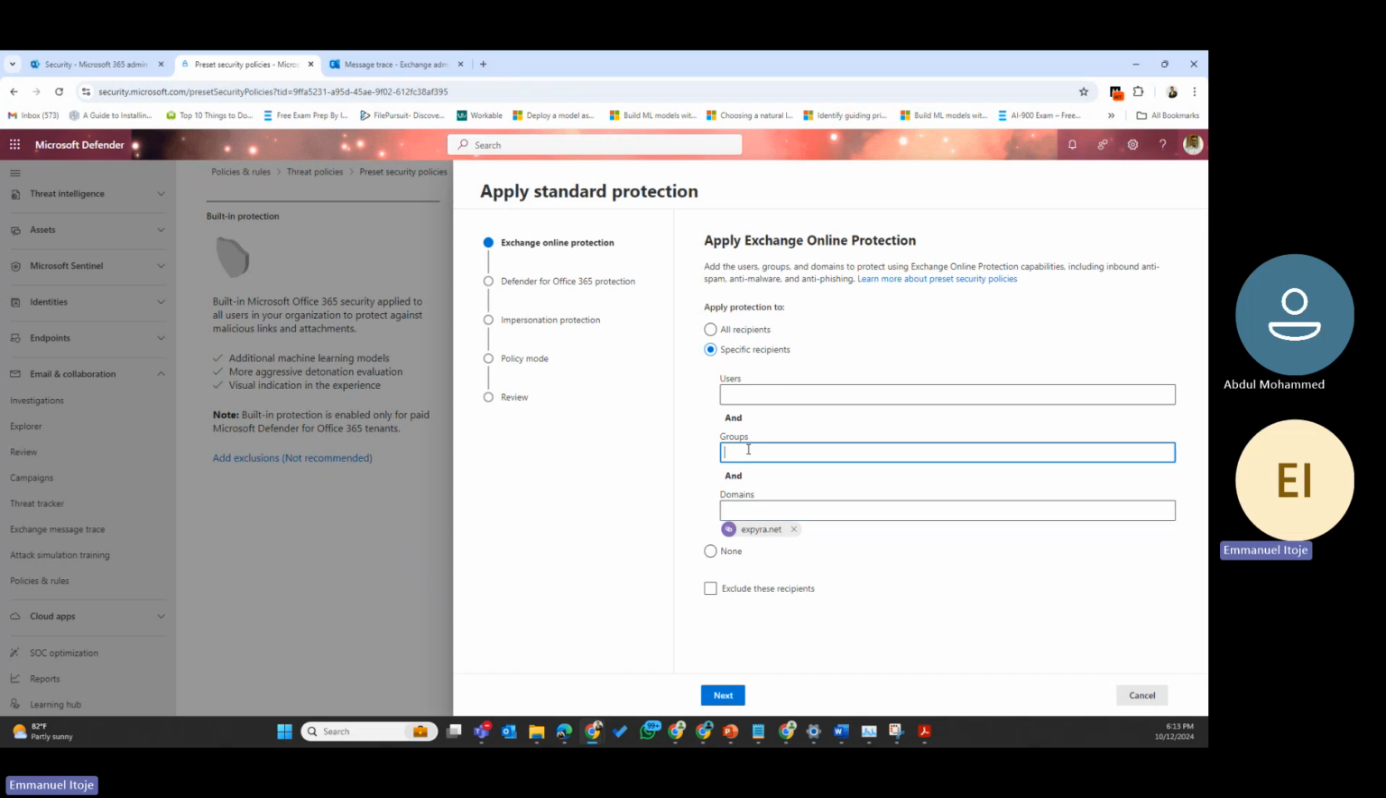With particular groups, let me say IT. I'm not sure if I have any group. Finance. So I have a finance group here. So maybe if it's a finance group, I'll just select this particular group. Then if I select all recipients here, I have the option to exclude recipients. I say, okay, I want this to be assigned to all recipients except, okay, so maybe I want to use